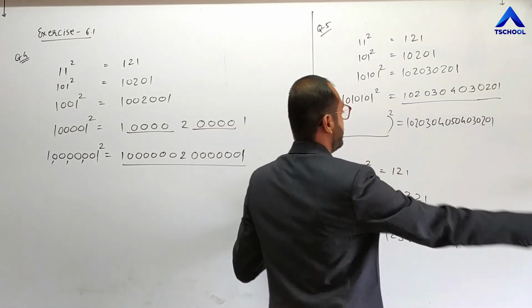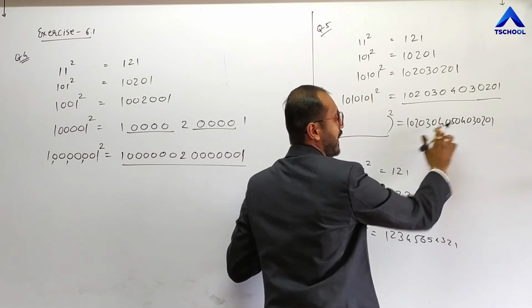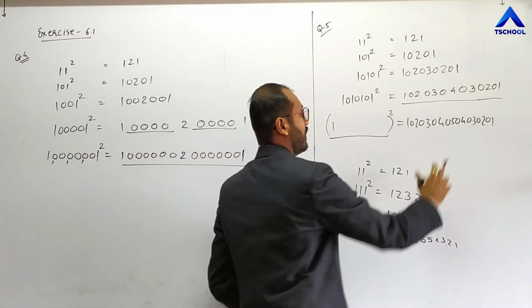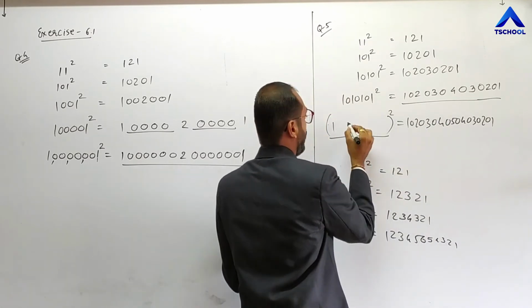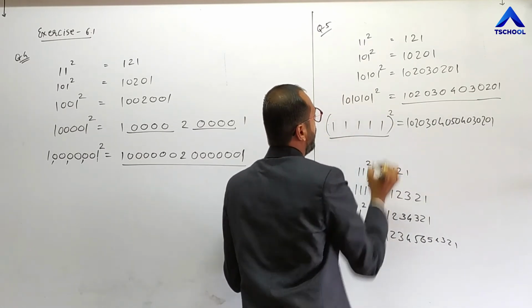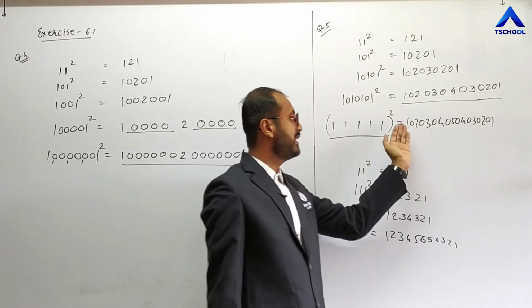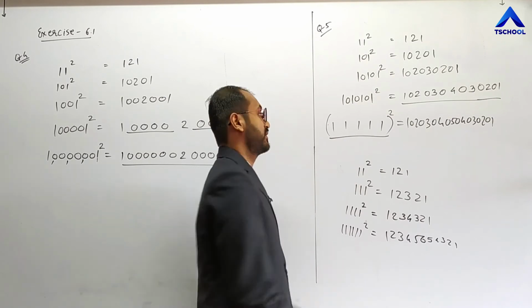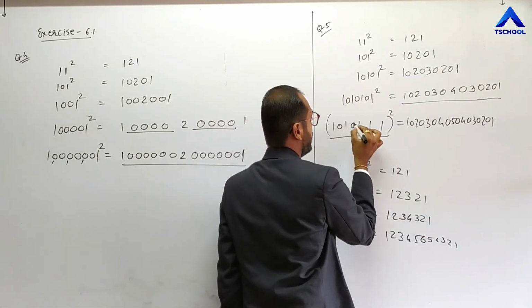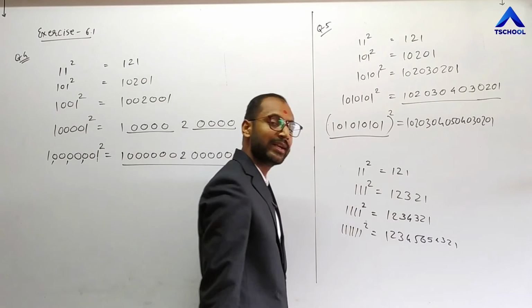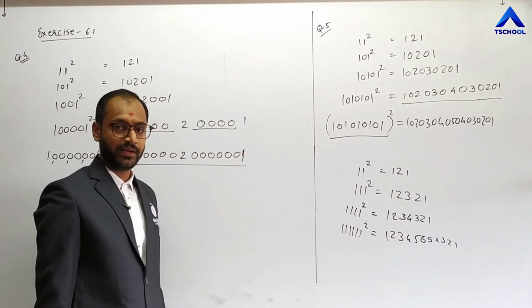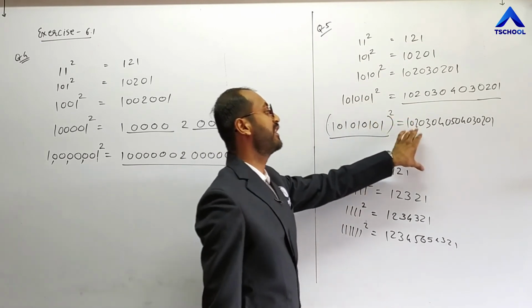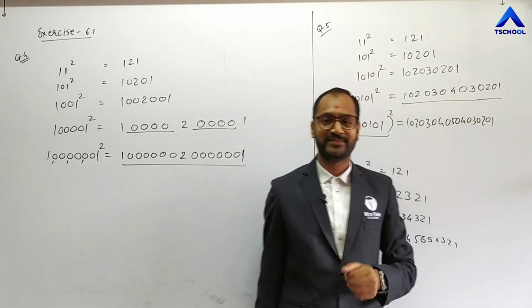Clear? Here the series is up to 5. 1, 2, 3, 4 and 5. So here is 5 ones. According to this given number, here are 5 ones. 1, 2, 3, 4 and 5 ones. And each digit contains 1 zero in between two continuous digits. So again, the question figure also contains the zeros between two digits. Clear? So in this manner, this is the question, and the square of the given number is this answer.